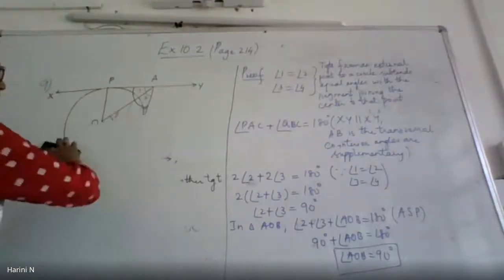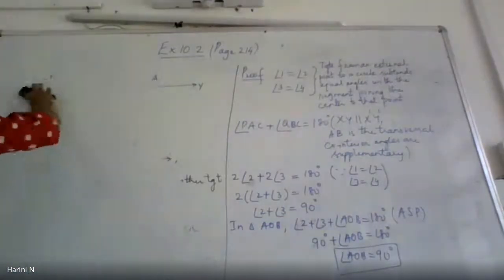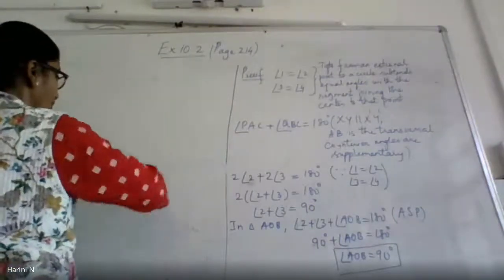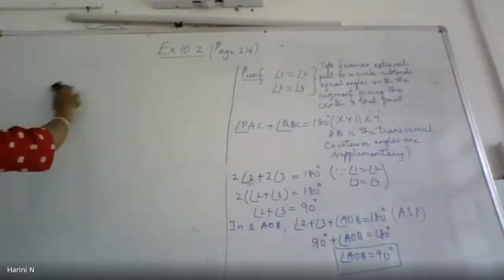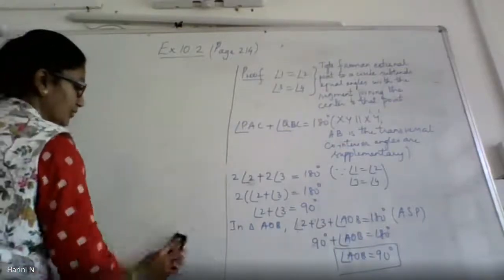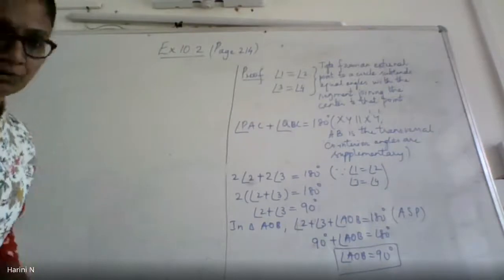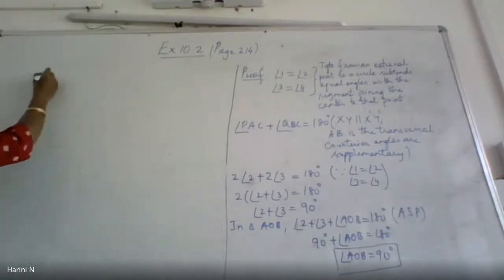This is a very frequently asked question. If you are able to label your diagram properly and see all the properties that I have been showing you, then it is a very simple one. Just one step after another, you are using the properties to get at the result. Now we are on problem number 10.